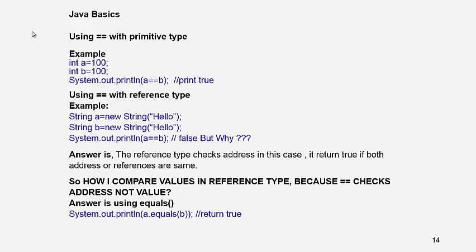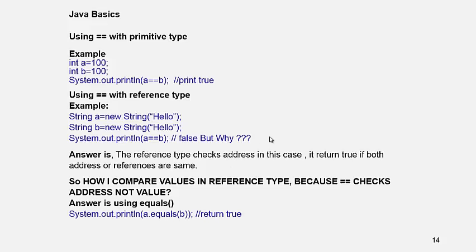There is a primitive variable int a = 100 and int b = 100. When you compare both the variables and print it out, this will print true because the value is the same. You are getting the value in both the variables. But if you are using reference variables, like here String a = new String("hello") and String b = new String("hello"), and you compare reference variable a to reference variable b, it will give you false because they are not comparing the actual value, but they are comparing the bits that provide a way to access that object.